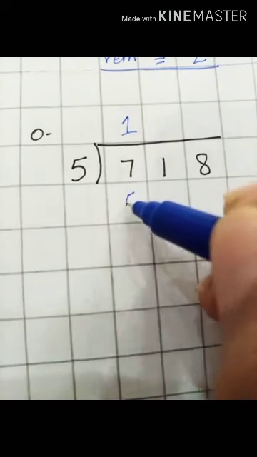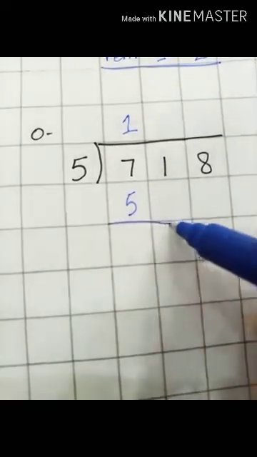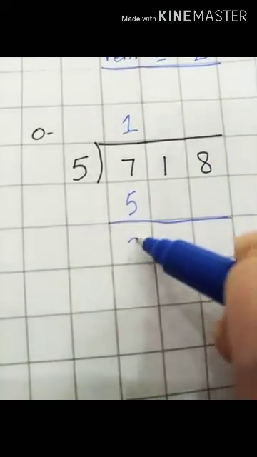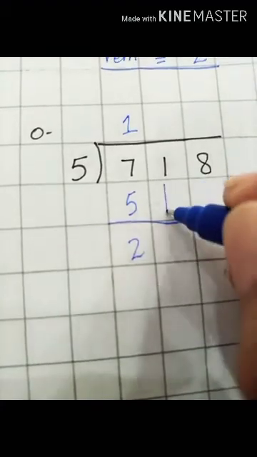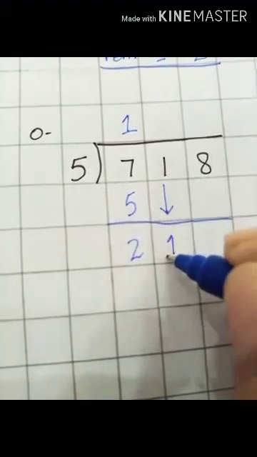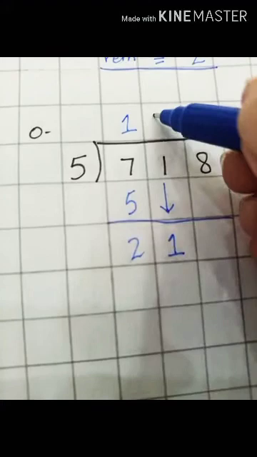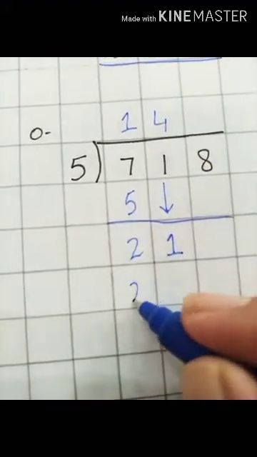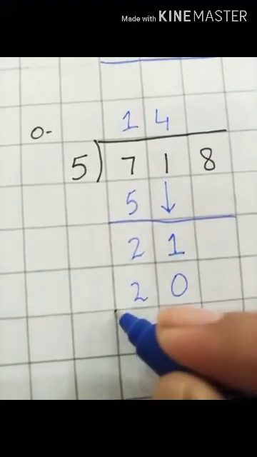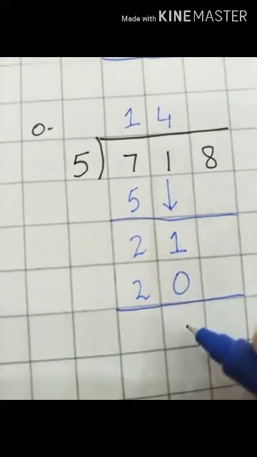Next is our part O, in which we are going to divide 5 1s are 5 because 5 2s are 10 and I can't write it here down. Okay, so 7 minus 5 is 2. Bring this one down. This will become my number 21. 5 4s are 20. So I am writing the number 20 beneath the number 21. 1 minus 0 is 1.